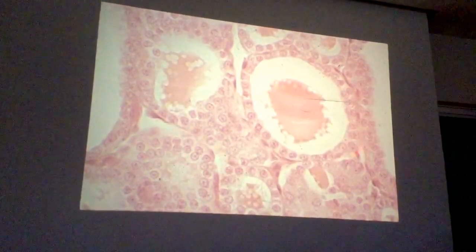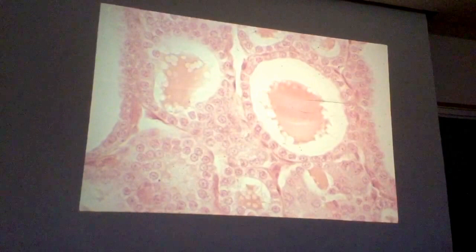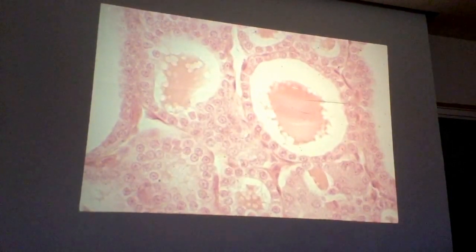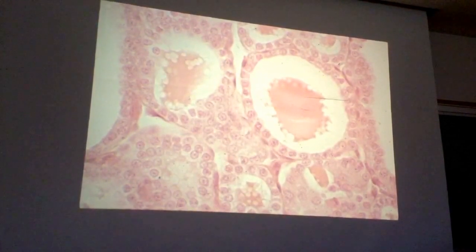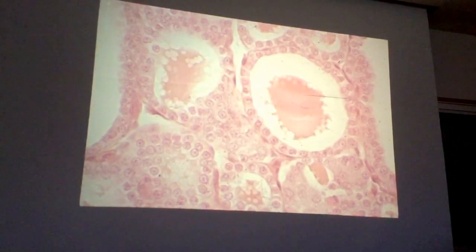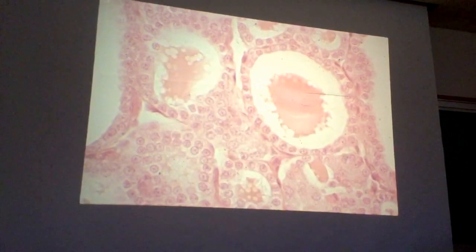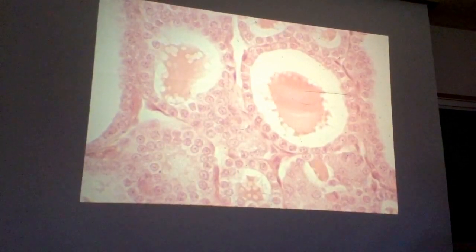Okay, well, what organ do we have here? Thyroid. What is this stuff? Colloid, or thyroglobulin. And what are these cells called? Thyrocytes, principal cells, or follicular cells. And what is this organ? Kidney. And this entire thing we see right there would be called what? Renal corpuscle. And this would be a